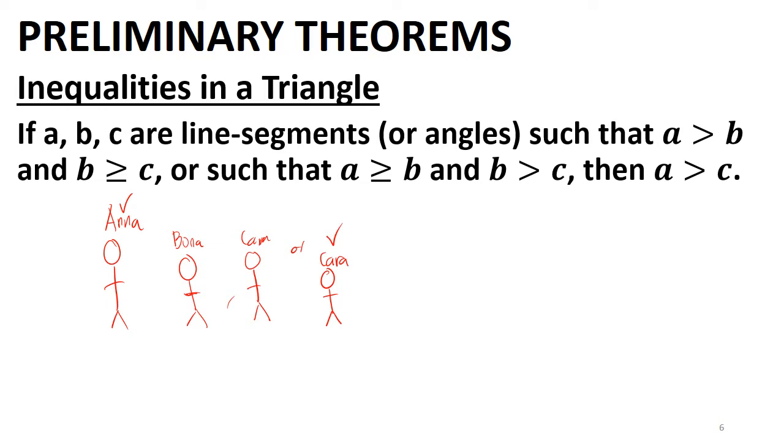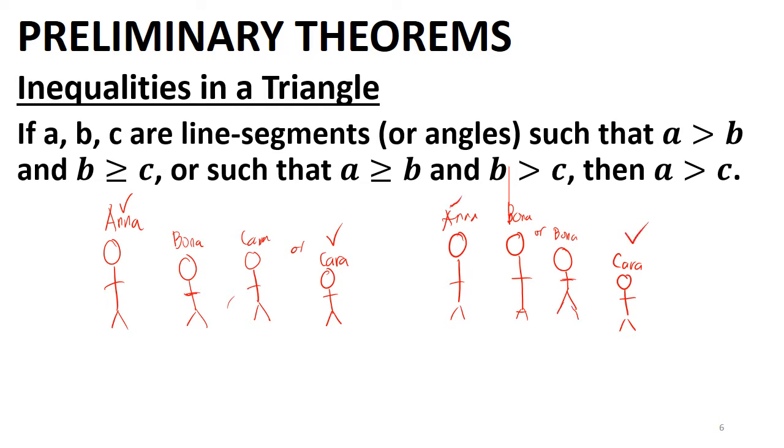Or pwede rin namang if si Ana ay kasing tangkad ni Bona, or mas matangkad si Ana kay Bona, at si Bona ay mas matangkad kay Kara, obviously, si Ana ay mas matangkad kay Kara. So, parang ganun lang. If a line segment or angle A is greater than, then A is greater than,